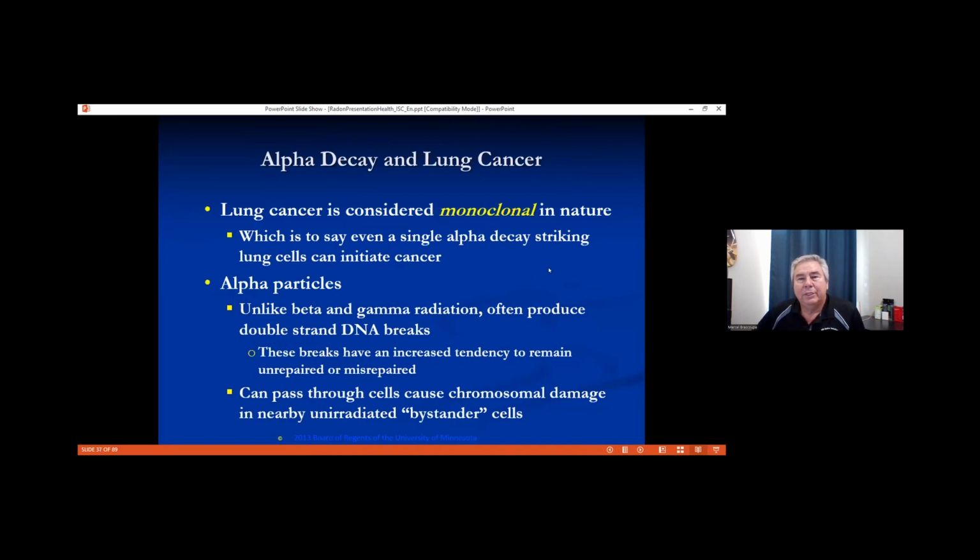The lung cancer is considered monoclonal. In other words, all it takes is one event, just one time where that alpha particle hit a living cell, didn't kill it, the cell survived, but the DNA got damaged. You might be in your 20s, your immune system is putting it in quarantine, and 30 years later, when your immune system is starting to get weakened, then it develops at that point. So that's essentially for lung cancer, that's one of the things to consider.